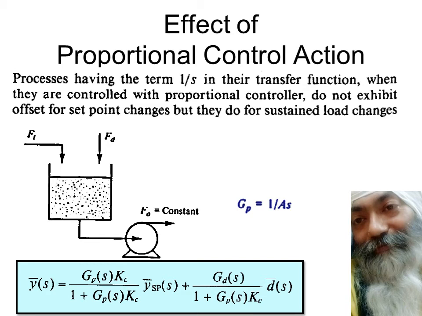So once again, we see the equation for your ready reference, so that you might have forgotten this whole thing. We will take this Sp is equal to 1 upon S. This is a step change. We will take this thing to be 0 for the time being in the first case. And this Gp we will take as 1 upon As. This is what's going to go over here. And then see what's going to happen one by one, and see what is the offset in the next slide.